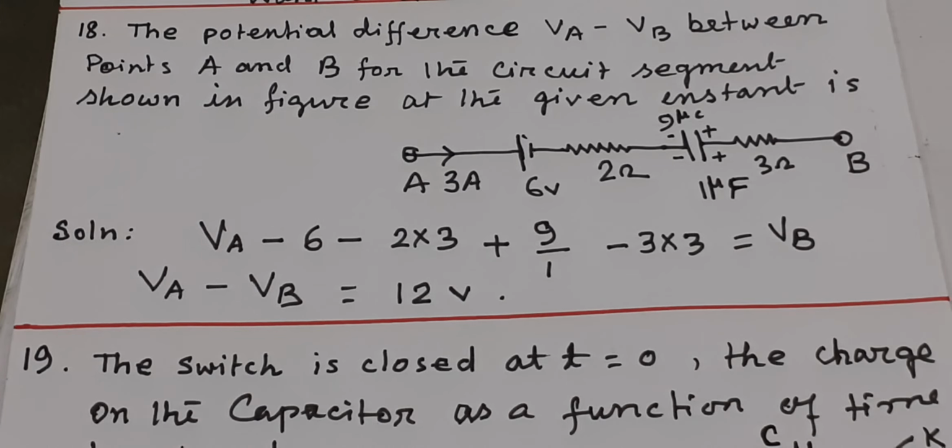VA, my battery is opposite, so minus 6 volt, minus, because there will be a potential drop along the direction of current here. So here 2 ohm into current 3 ampere, so 2 into 3, and